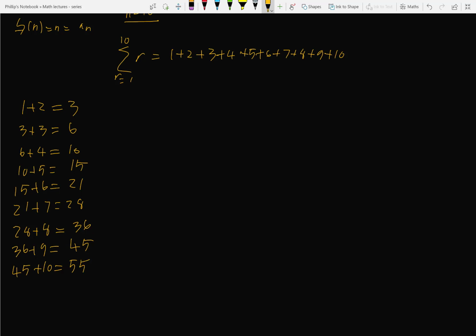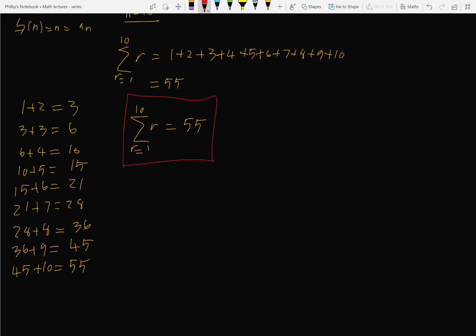So we got that this is equal to 55. In other words, conclusion, we've got the sum from r equals 1 to 10 of r is equal to 55. Let's do red, why not, doesn't matter. That's the solution of the finite series. So that's one example of a finite series with a solution. So yeah, that's easy,